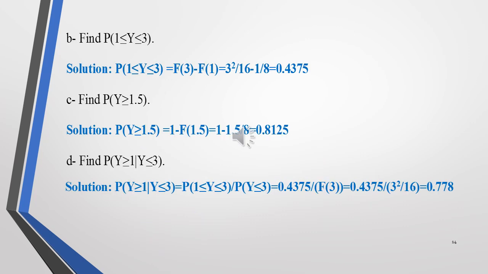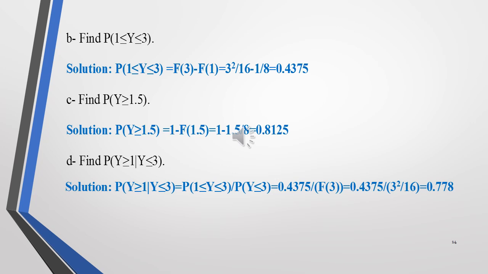B. Find the probability that y lies between 1 and 3. This probability can be obtained using the CDF as the CDF evaluated at the upper bound minus the CDF evaluated at the lower bound, which means F(3) minus F(1). The CDF of 3 will be equal to 3 squared divided by 16, and the CDF evaluated at 1 will be equal to 1 over 8. So 3 squared divided by 16 minus 1 over 8 equals